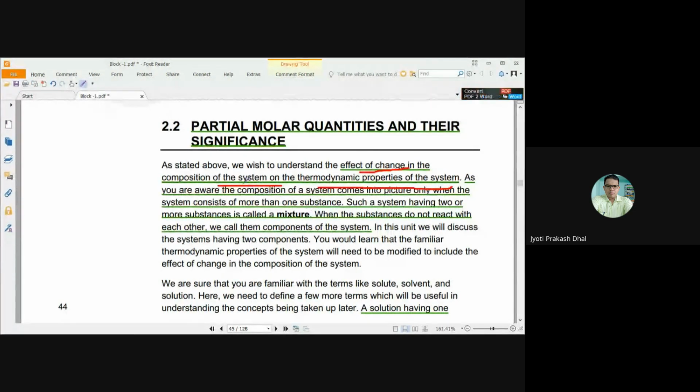As you have already studied, the composition of a system comes into the picture only when the system consists of more than one substance. If the system consists of a single substance, then the composition is 100%. But if the system contains more than one substance, then